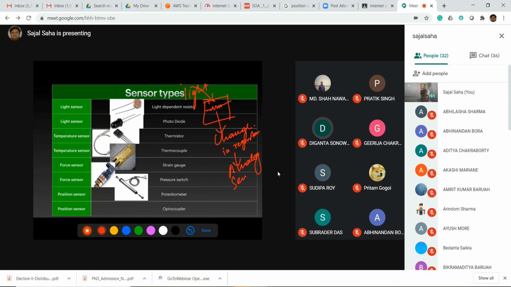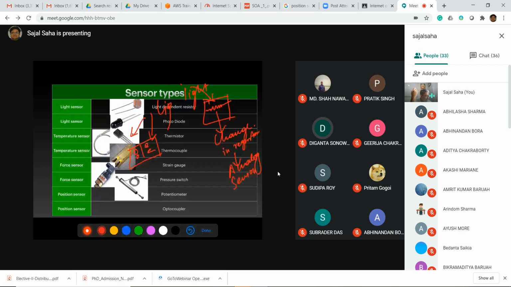Whereas in the case of a photodiode, there is a diode. Diode means there is an electrode over there. Now within this electrode, there are electrons and holes available, as I think you have gone through in the basic electronics class, how a semiconductor and the diode actually work. So if light falls on this electrode, a current flow happens.